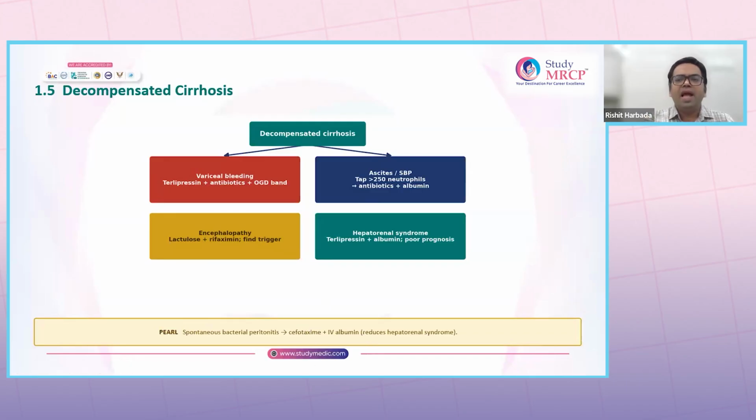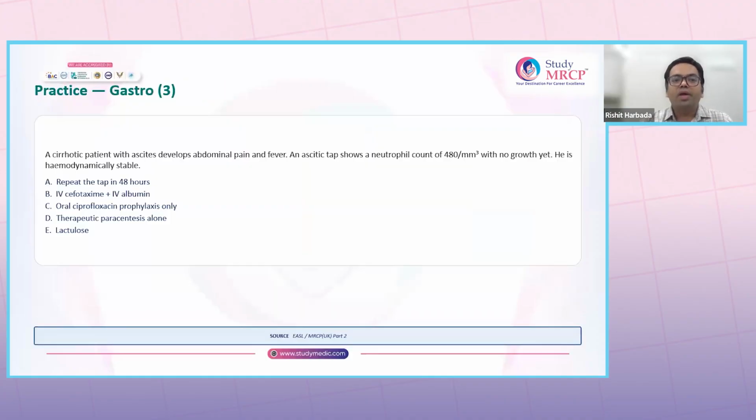So when you give the antibiotics, it reduces the risk of spontaneous bacterial peritonitis. It reduces the risk of translocation. And if you give albumin, it reduces the risk of hepatorenal syndrome. So next, a very, very important question. So you can